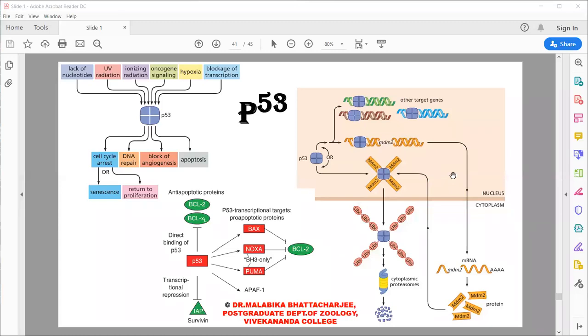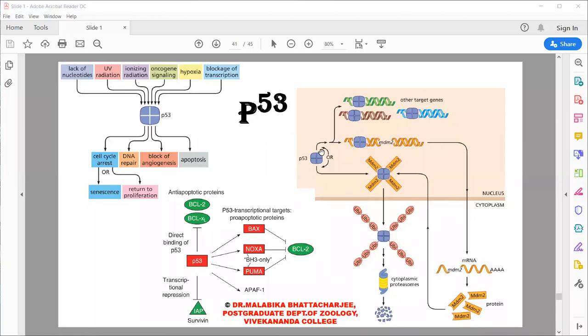The other important player of the intracellular signaling is the P53. The P53, as you can see, can be activated by a variety of mechanisms. And once the P53 protein is stabilized in the cytoplasm, it can also play a variety of functions. So it plays a very big central role in cell cycle, in cell death, and obviously in the next topic we'll be taking up, that is cancer. This is the life of a p53 protein.